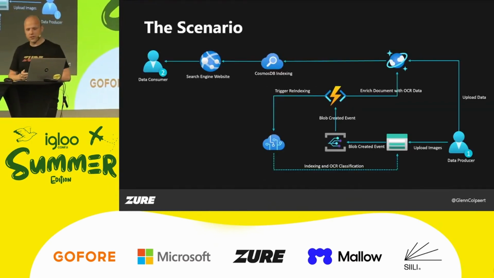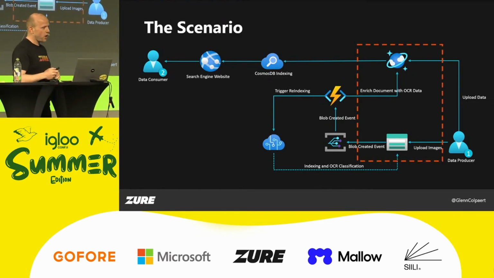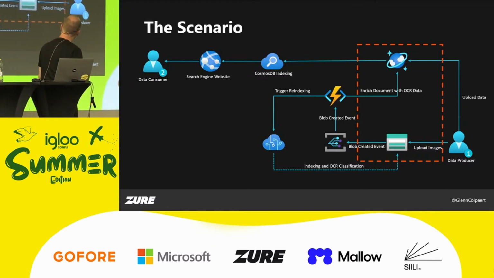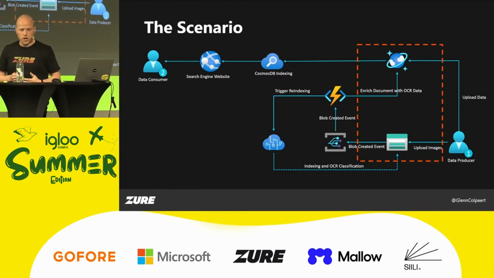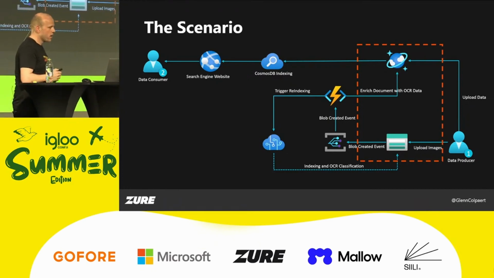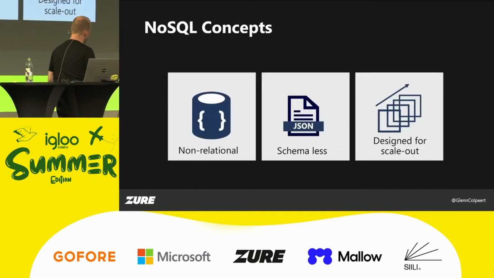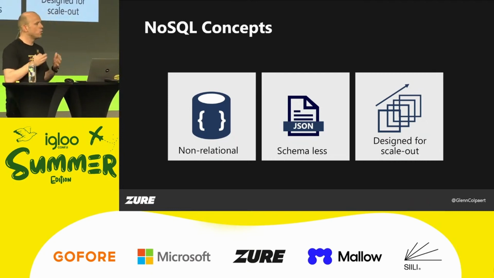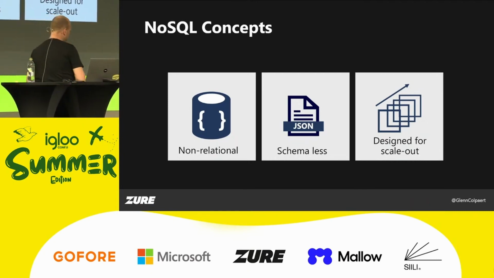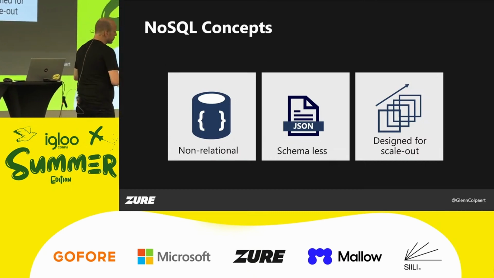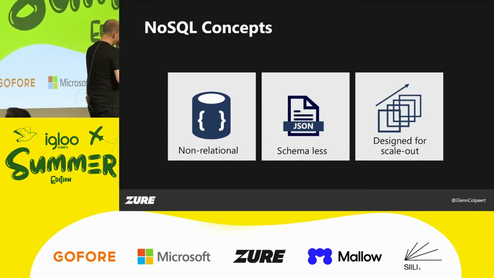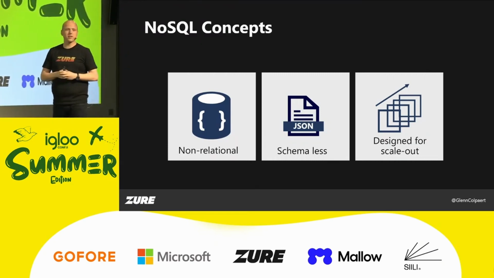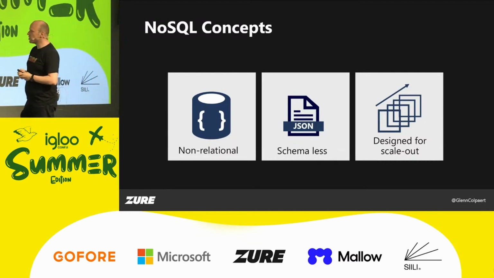Now the exciting part starts. So if we're still following, we're here, and I should move that box up. So we're in the CosmosDB area. And as Mark said yesterday, CosmosDB is non-relational by design. It is schemaless and really designed for scale-out. So in order not to repeat things that Mark said yesterday, or not to say wrong things while Mark is in the room,